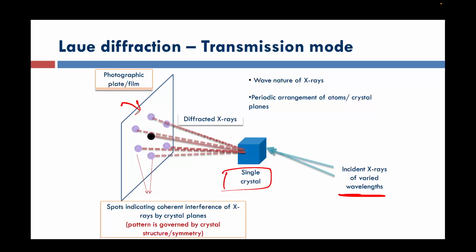When he rotated the crystal in some direction, the spots on the photographic plate or film or the screen, we can say, also got rotated. That got him thinking that there is some sort of relationship between the periodicity of the crystal and the spot pattern that is getting generated here. So what he did,